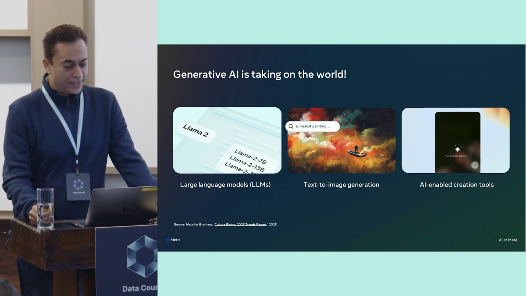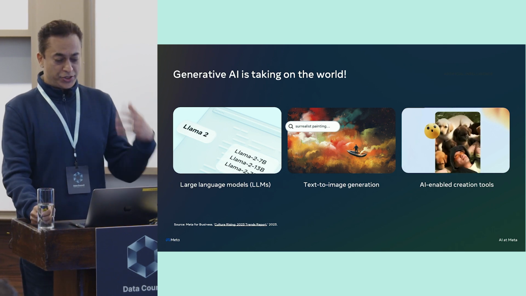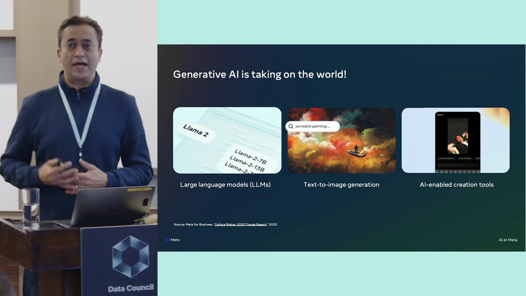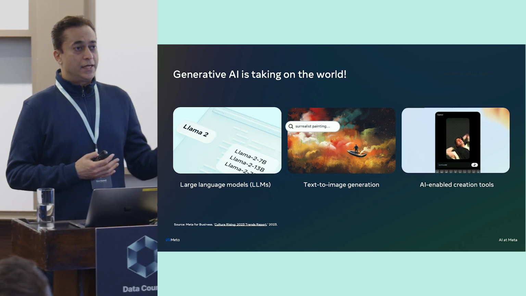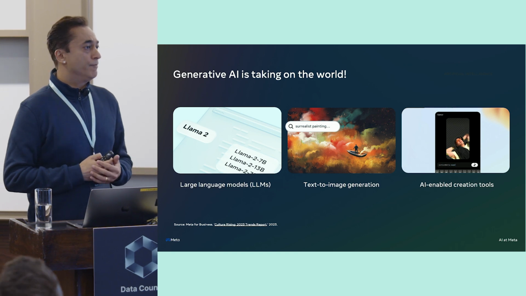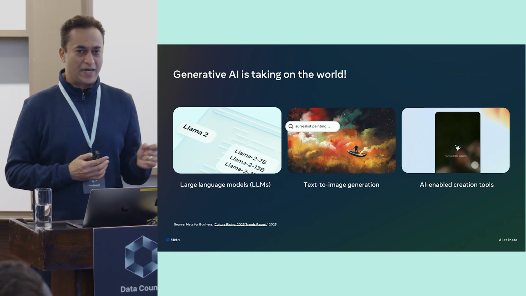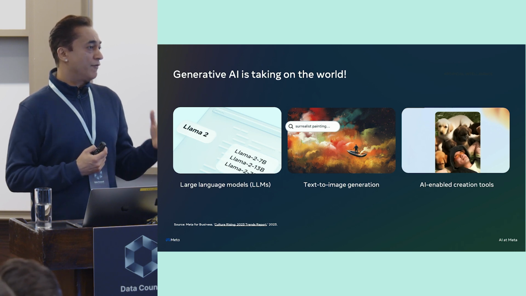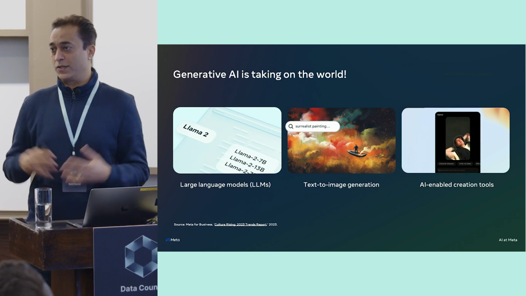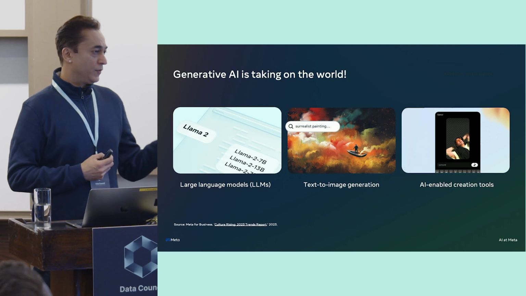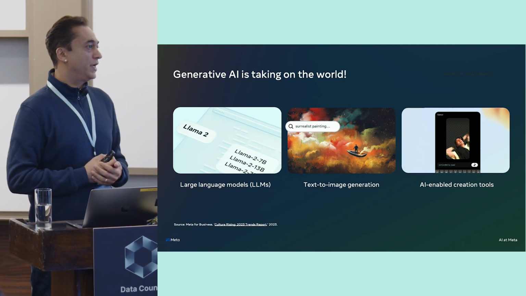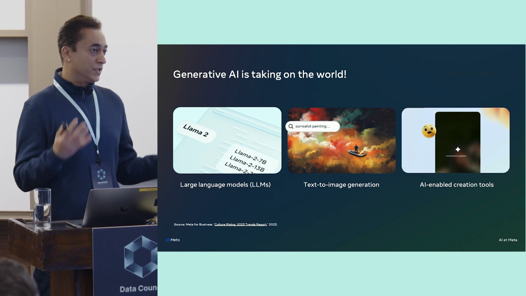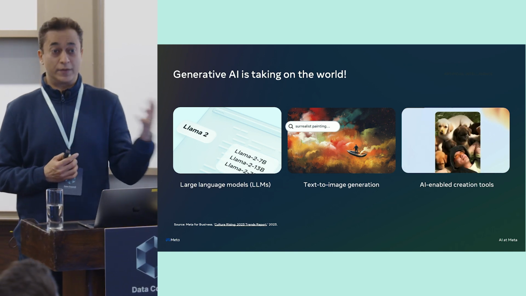So as you all know, generative AI is taking over the world, right? There are a lot of potential applications you can build using generative AI and large language models. About 1.5 years back, ChatGPT came out, and immediately after that, people started building all sorts of applications. Stability AI came up with text-to-image generation, and a whole slew of companies got started. And the whole ecosystem started.